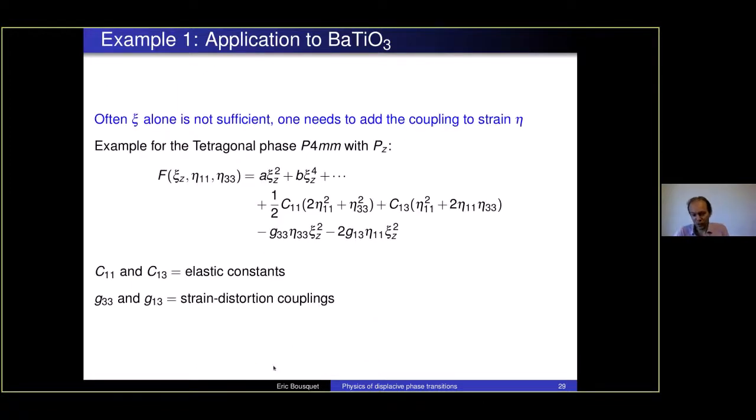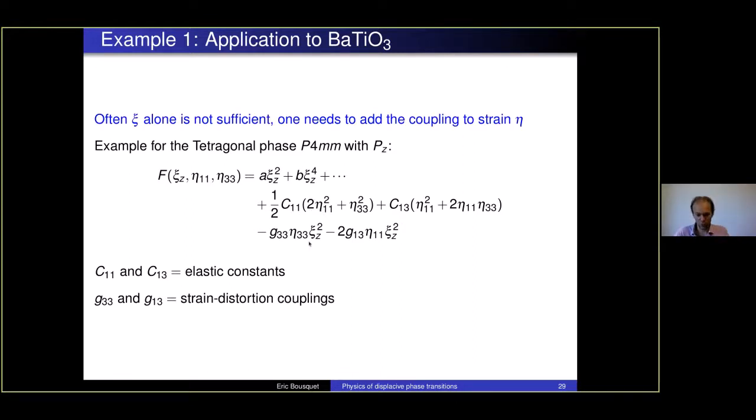On top of that, to be complete, we don't have only this pattern of distortion Xi, we also have the distortion of the cell parameters. We have seen that the structure is becoming tetragonal, so in your Landau expression, you need to introduce also the strain, represented here by eta. You need the strain along x and the strain along z because you have a tetragonality appearing in the system: the z direction is going to expand and the x and y directions are going to shrink. So you add the strain energy in your system, and in front of it you have the elastic constants that can be calculated from DFT. Here you have C11 and C13, the direct and shear elastic constants.